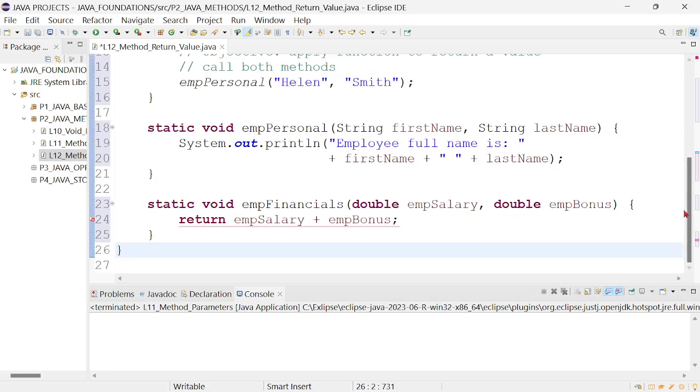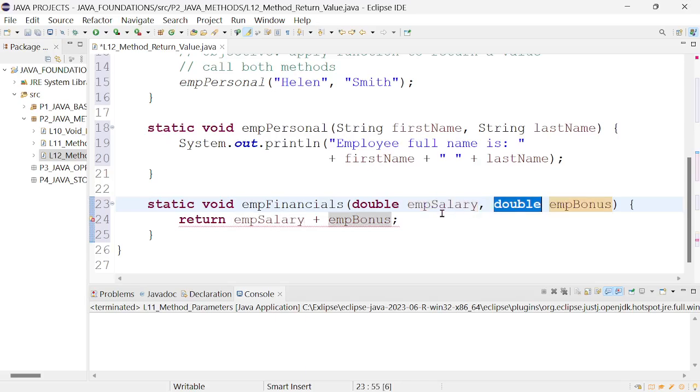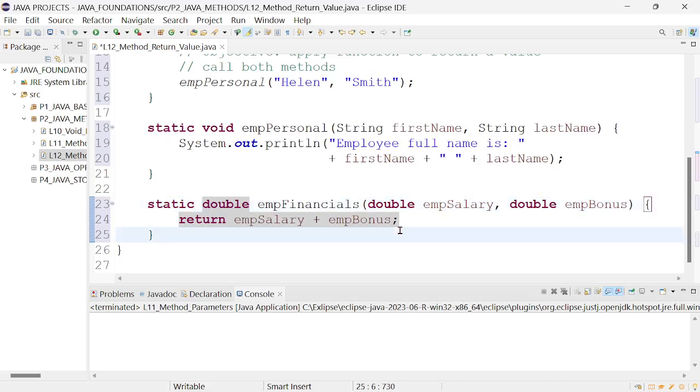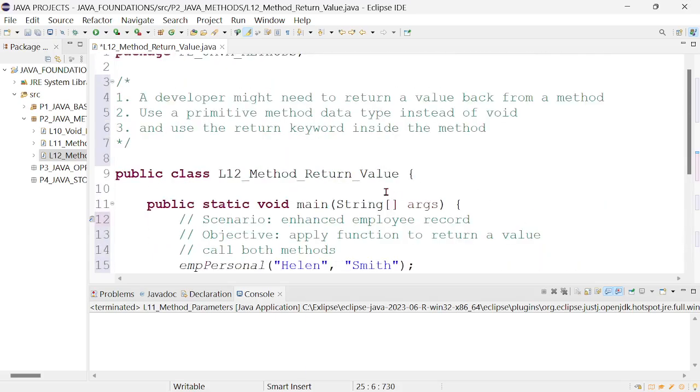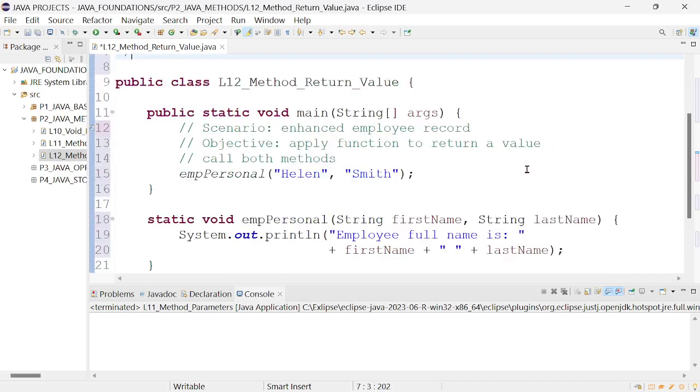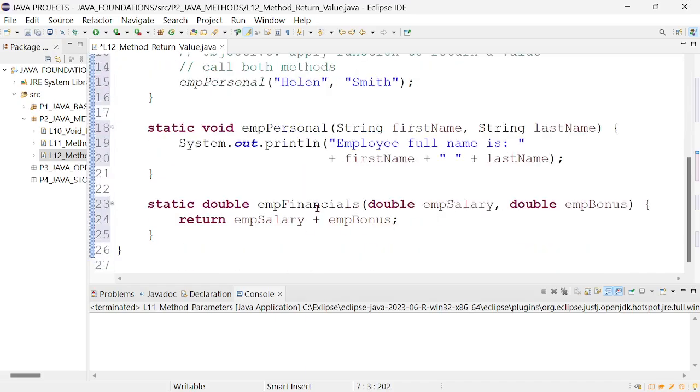I especially made this mistake because if I'm having parameters, data type is double, so instead of void, it should be double. And now the error is gone. And that's exactly what we were talking about right here. Use a primitive method data type instead of void. Now I'm going to call it